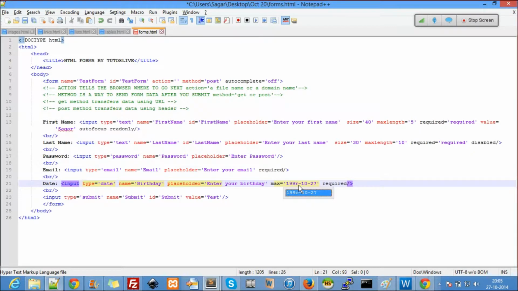And I want to set a minimum age requirement too. The minimum age requirement is 18 years, and there is a maximum age requirement. I would like to say 25 years. So this is 18 plus 7. So 1996 minus 7, 1991. Is it right? 1991? I don't know.